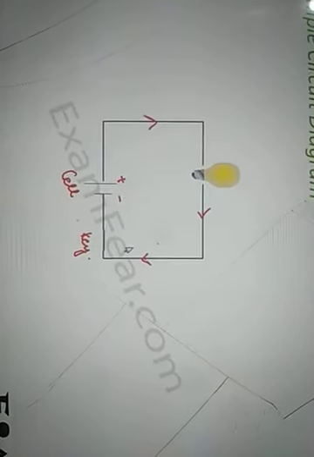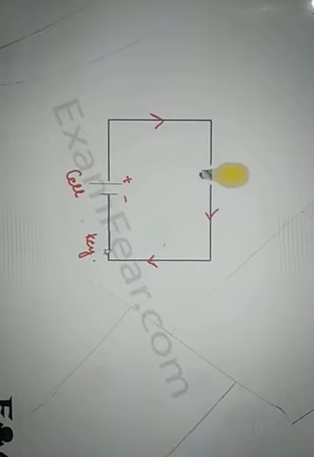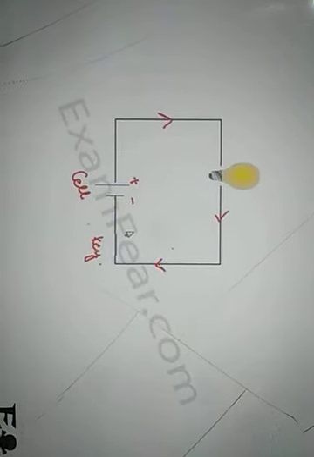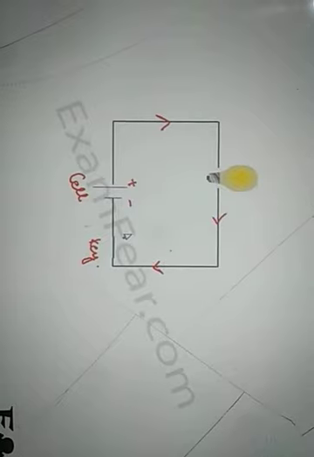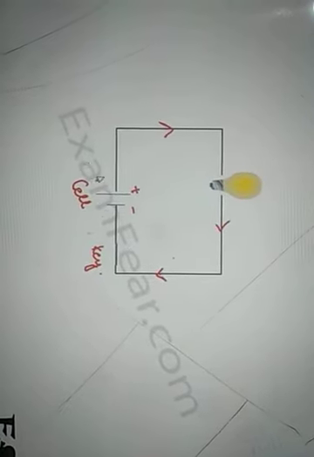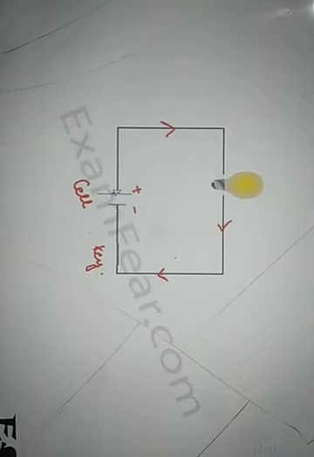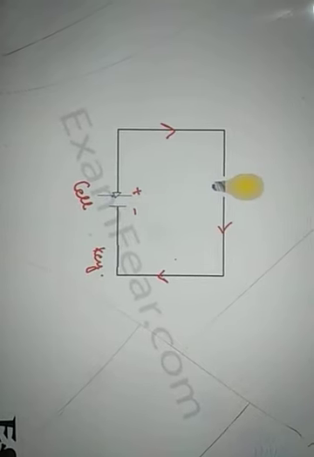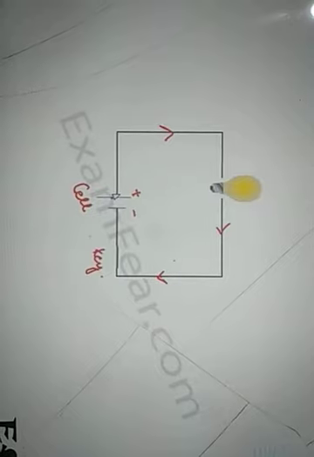Now, it is not mandatory that the key has to be placed in this position. It can be placed anywhere, okay? One important thing is that the cell should be drawn appropriately, so you do not end up making both the lines of equal size, okay? Because that creates confusion. So our question was, why does the bulb glow?